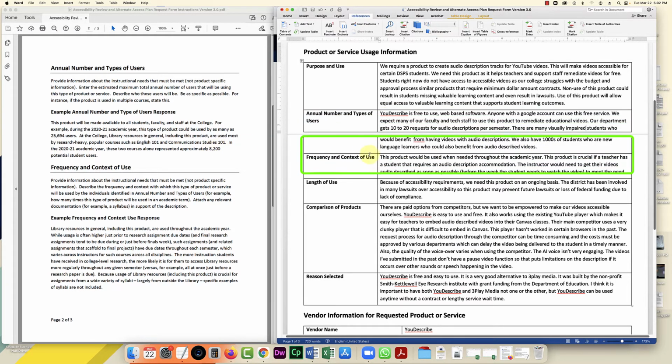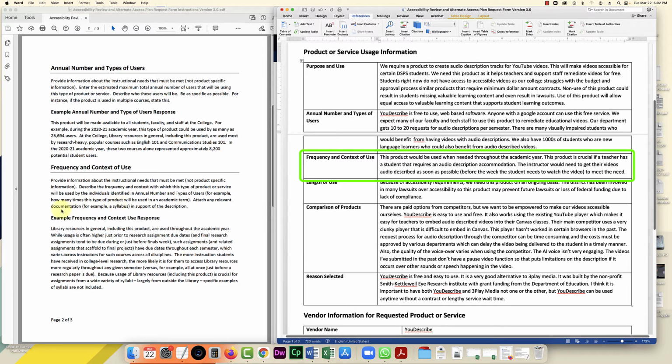So we'll move on to the next category, which is frequency and context of use. And if we look at the instructions, provide information about the instructional needs that must be met. Describe the frequency and context with which this type of product or service will be used by the individuals identified in that previous section.